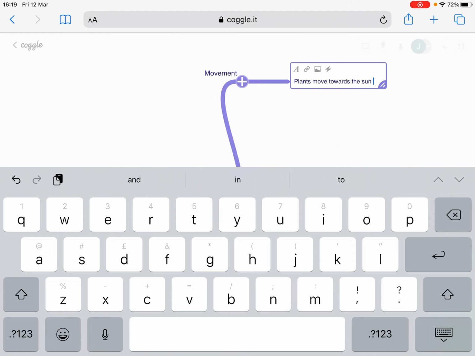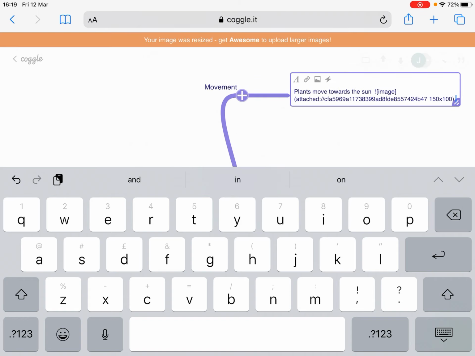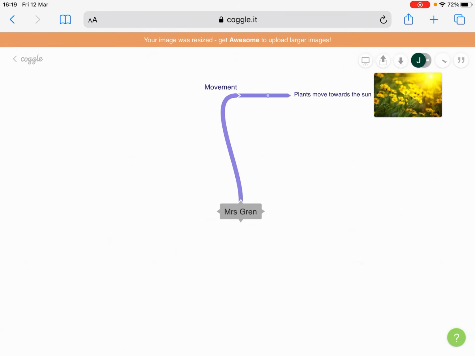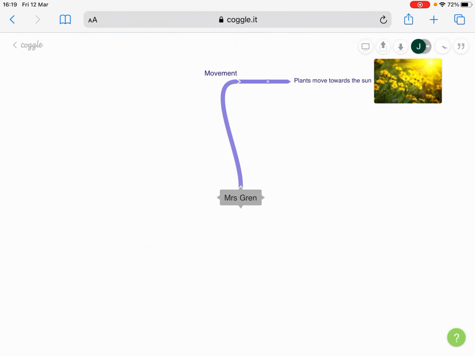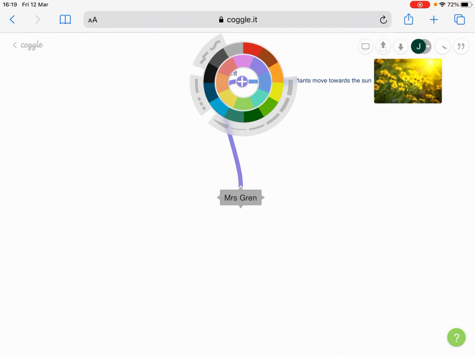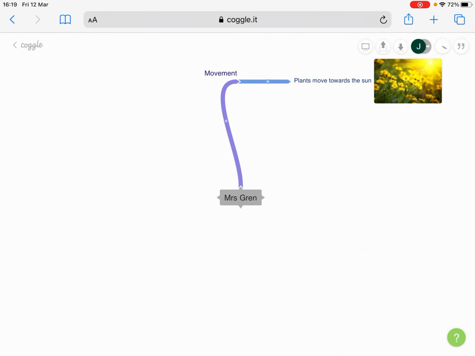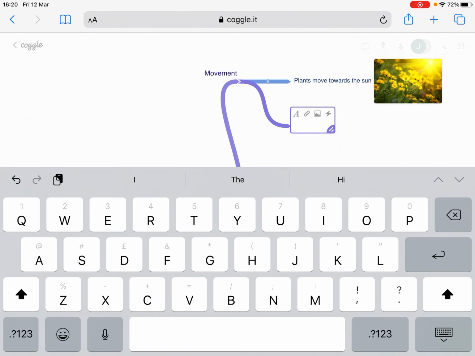And the thing I like about this one is you can just, if you find an image from the internet, you can just really easily paste that in, and it's nice and user-friendly. It's a little bit fiddly, I suppose, getting to the points that you want to use, but as you can see here, I can sort of change the colour of the forks as I go, if that sort of helps. Trying to be able to add my second point, but it's being a little bit fiddly. There we go. Okay, so then I could add